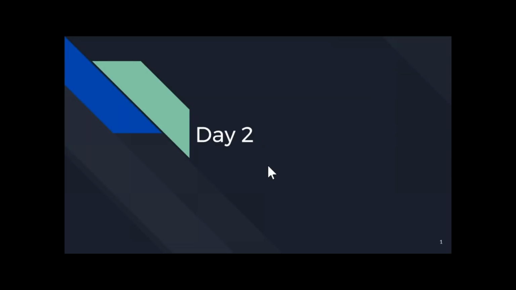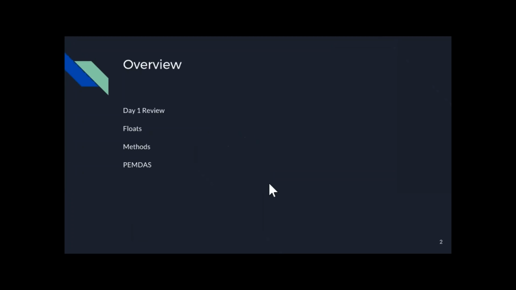All right, so we're following up the lecture from Monday, where we're going to introduce a new data type. We're going to look at some extra things that we can do to the code to make it a little bit more usable, so we're not constantly writing the same bit of information over and over and over again. We'll also go through and take a look at